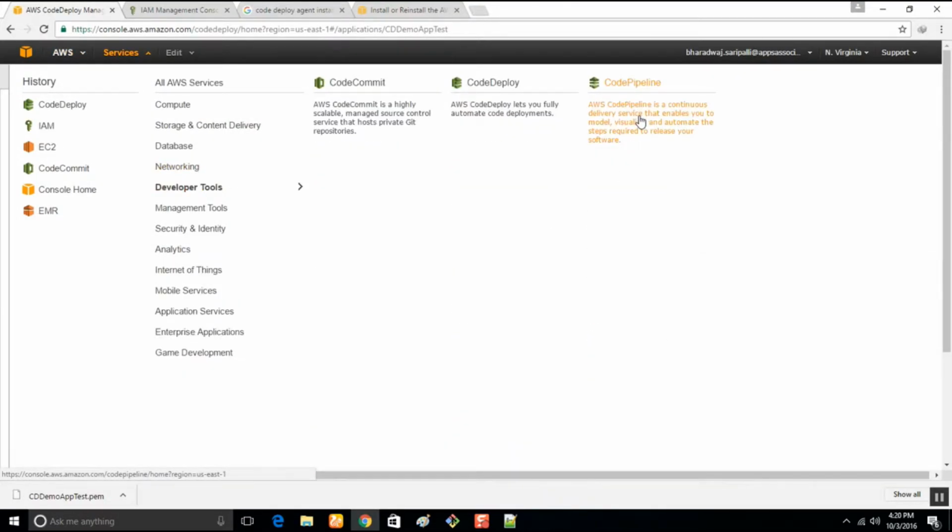We'll be creating a new pipeline which will automatically detect changes made to the repository that we have set up using CodeCommit, download any new things, and call this CodeDeploy service that we have set up, and CodeDeploy will take care of the rest of the deployment.